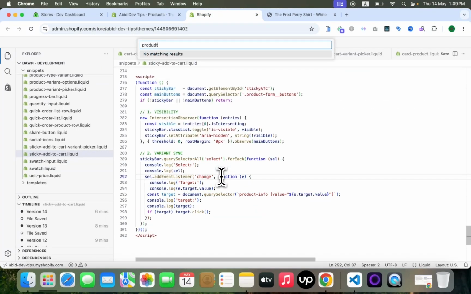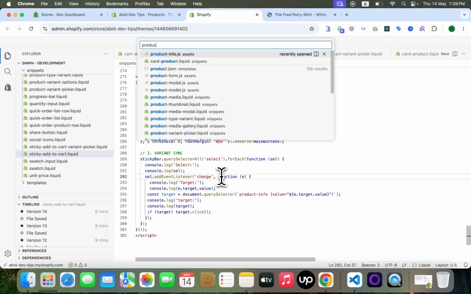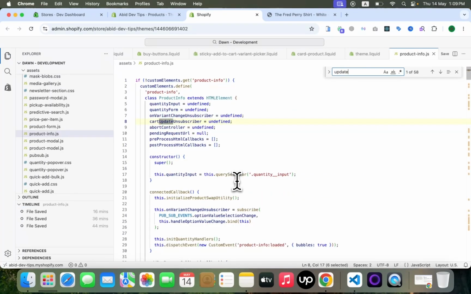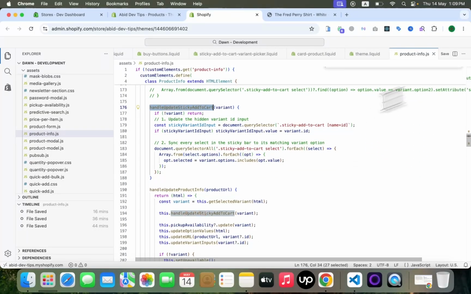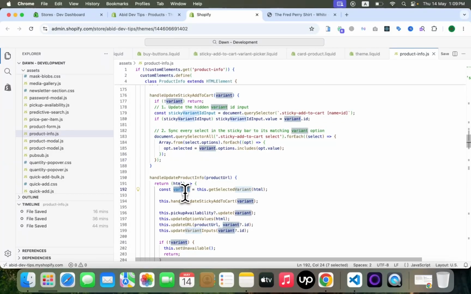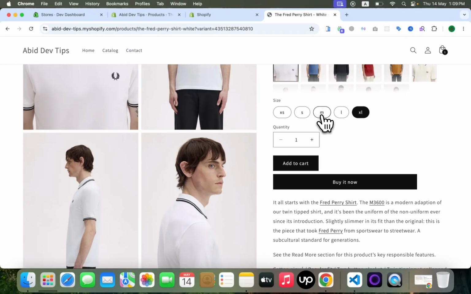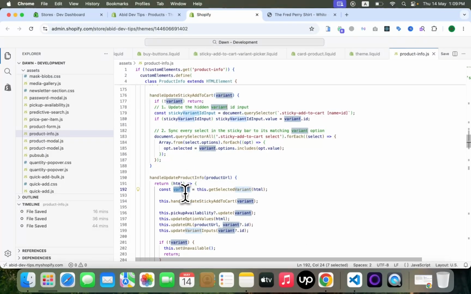And in product-info.js, we have added update sticky add to cart. This code tracks the current variant. For example, when we click M, this method calls handle update product info. When this method is called, then this dot handle update sticky add to cart method is also called, and it passes the variant. Basically it syncs